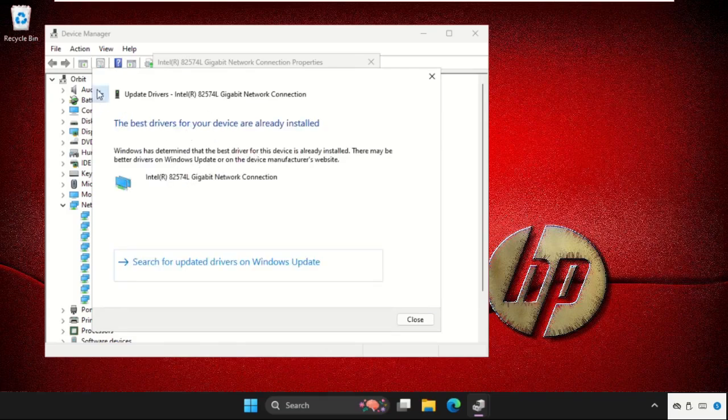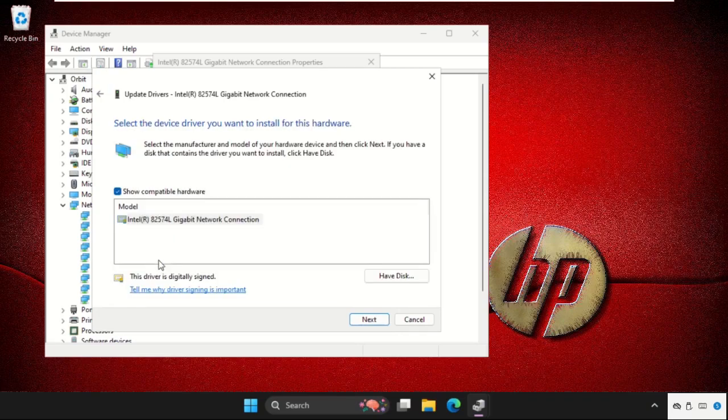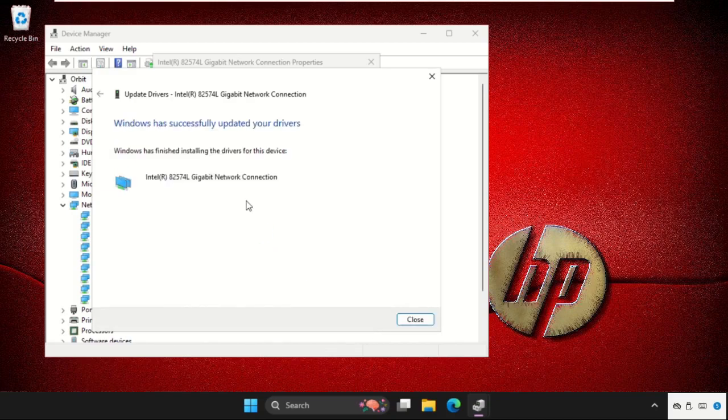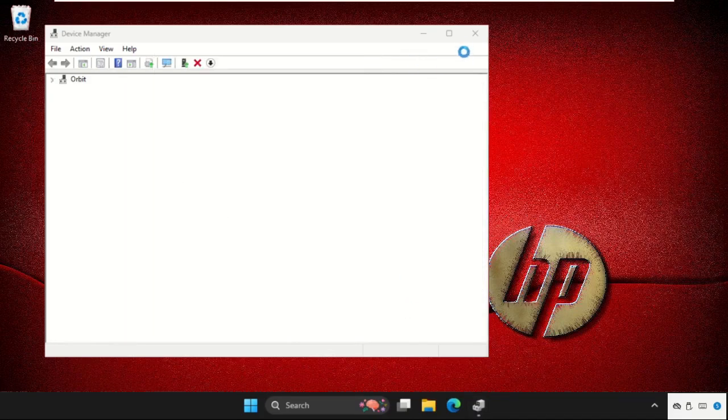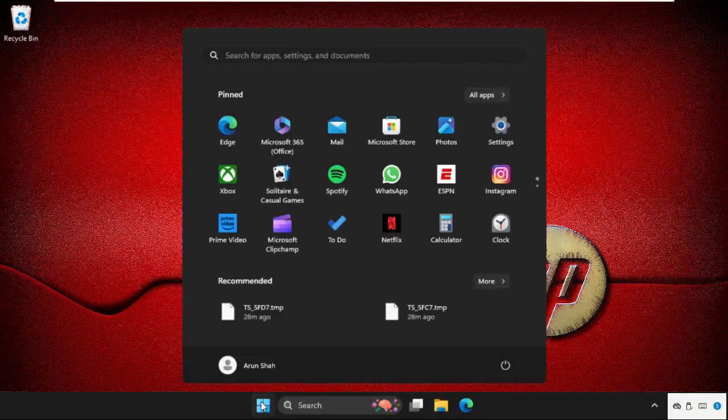If this does not work, then you can select the second option, let me pick from the list of available drivers on my computer, select the model and click on next. This will take a few seconds and Windows has successfully updated your drivers. Once done, close all windows one by one and then open settings again,